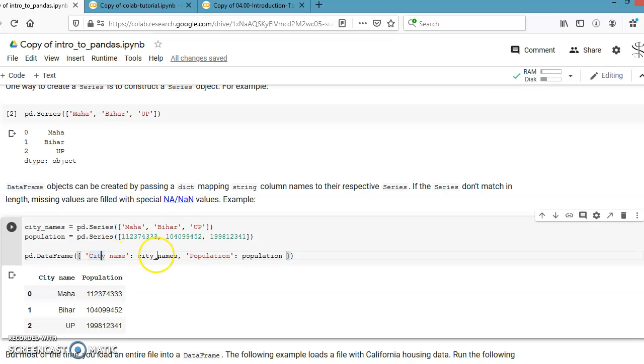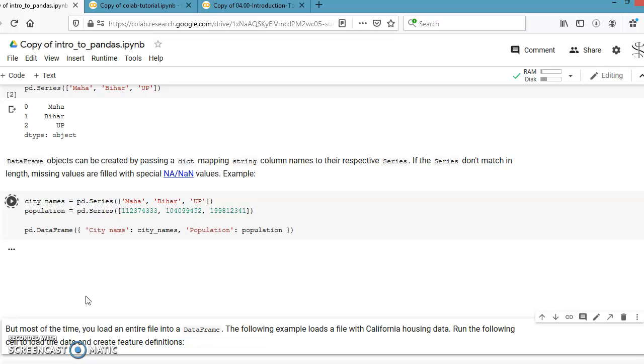The key is city name, and city name is a pandas Series, and population is the pandas Series where the population is present. Then we are going to execute it. Again, for execution we have two or three options that we already talked about.